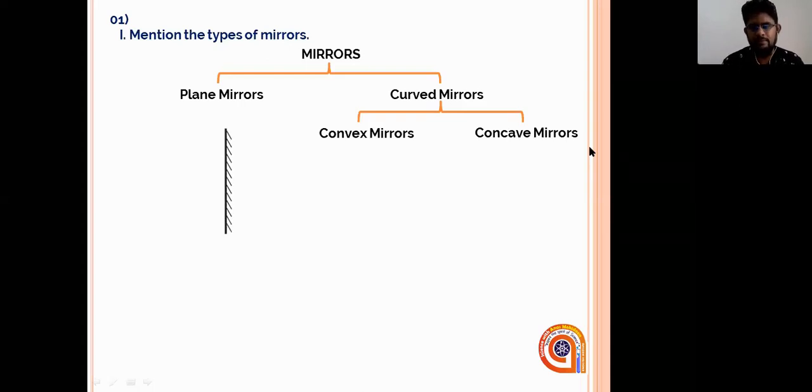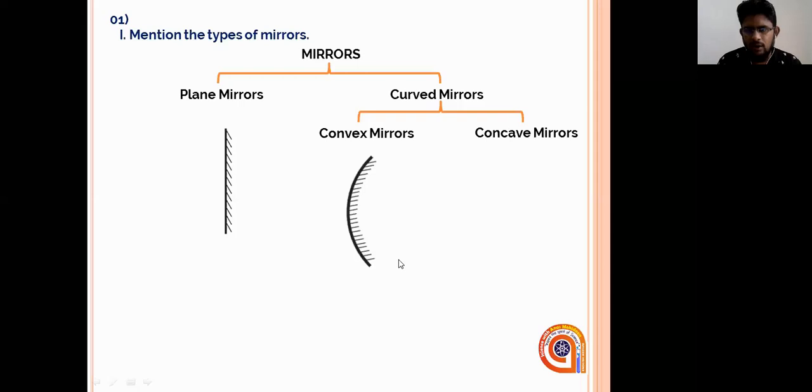You see the plane mirror, right? Basically, one side is the reflecting surface, the other side is the covered surface. It is covered up, shaded up. So only one side the light could be incident and reflected. According to this diagram, along the left side light is incident. The right side of the diagram given here is shaded, and this is the diagram that we draw for plane mirror. And convex mirror, you see it is curved outward.